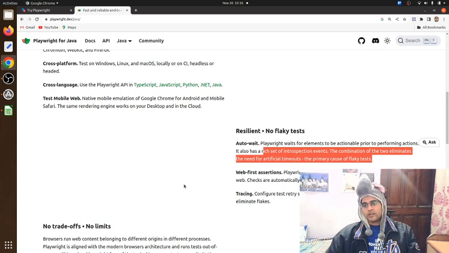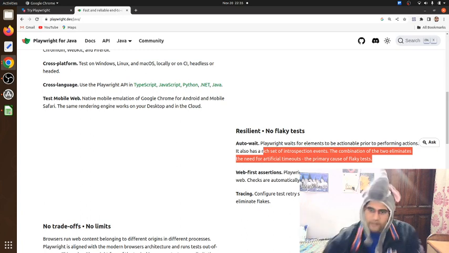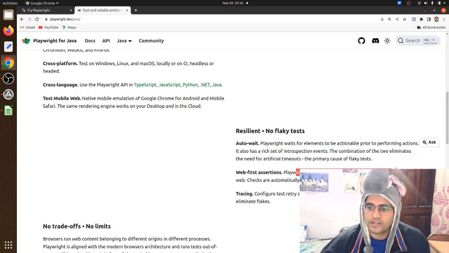So these things we have to implement manually in the code when we were using Selenium, but in this it's automated. So no need to worry about that. You just simply need to write that command and it's already been written in their default library, and they will call it and execute it. So this is a web first assertion. Playwright assertions are created specifically for the dynamic web, and